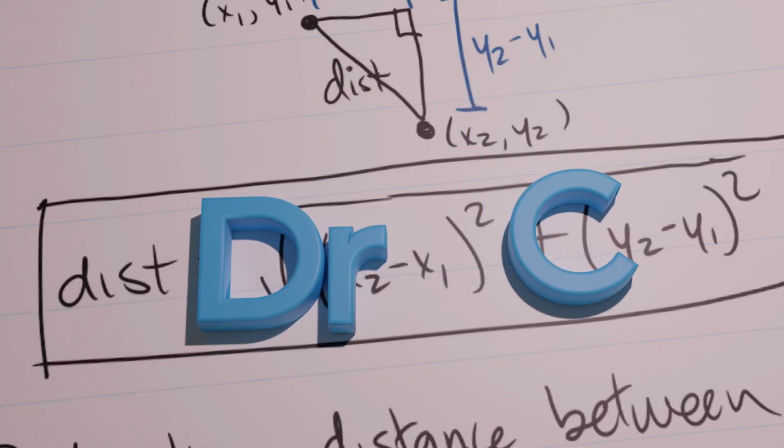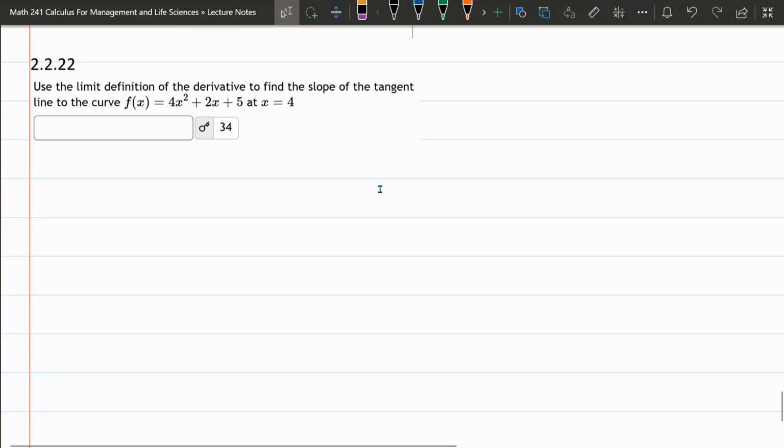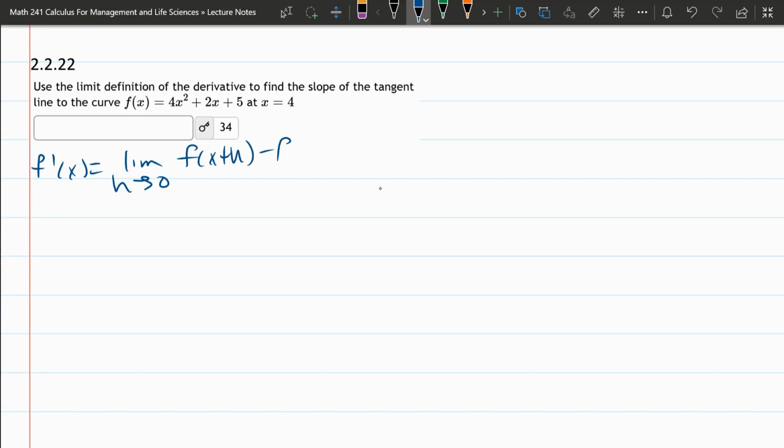We're going to use the limit definition of the derivative to find the slope of the tangent line to the curve. All right, we have to use the definition of the derivative to find the derivative. I'm going to write over, we got to write the limit definition of the derivative. So it's f prime x equals lim h approaches 0, f of x plus h minus f of x divided by h, and tangent line